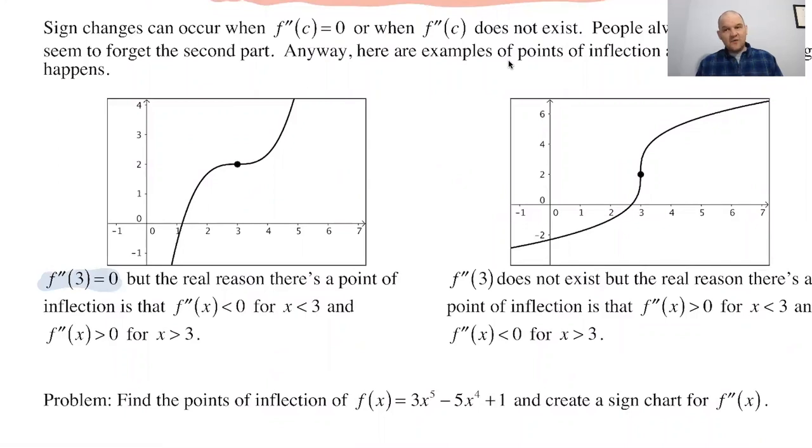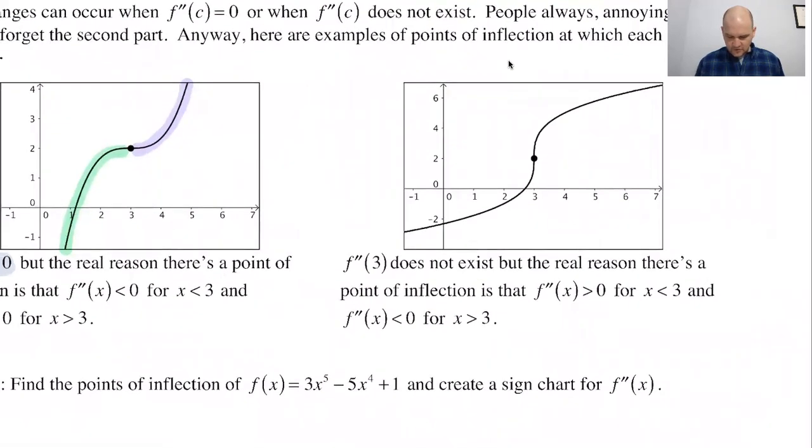But that's not why we have a point of inflection. We actually have a point of inflection because the curve changes from concave down to concave up, right? That's what causes a point of inflection. So when we look at this second example here, where we are told that f double prime of 3 does